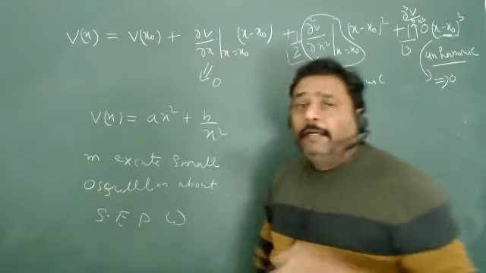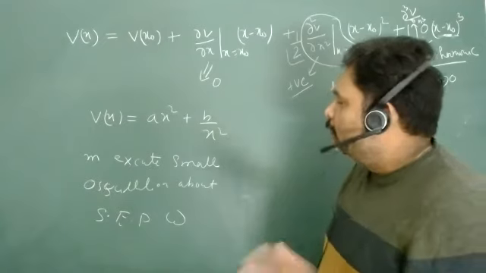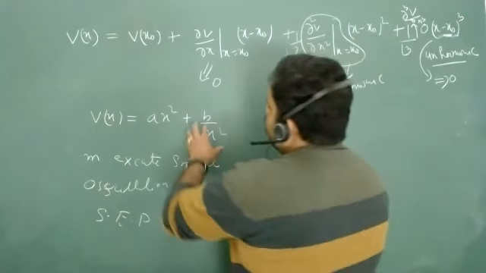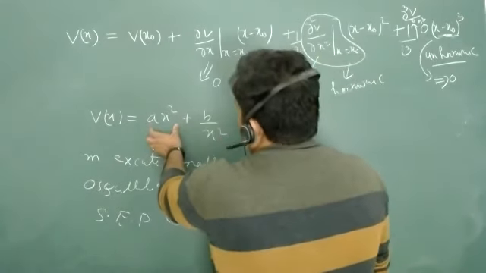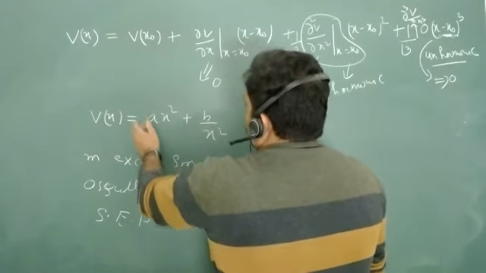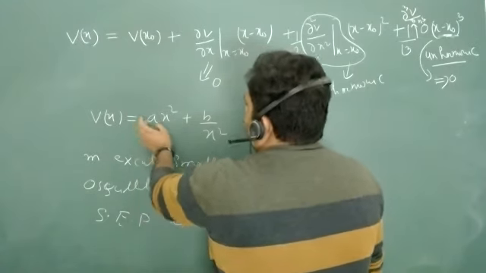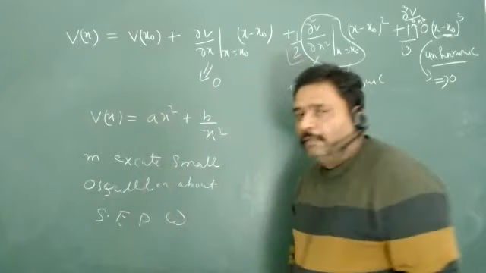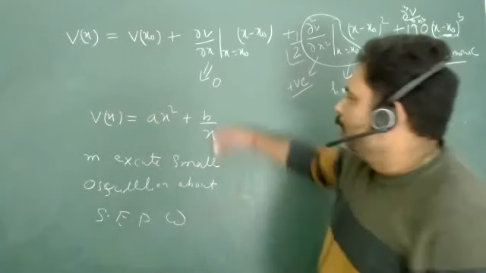So some people can make a blunder. What they will do, they will just neglect this part and take this part, multiply with half, multiply with 2, and they will say, okay, 2a is my k, and I can neglect this thing. No,